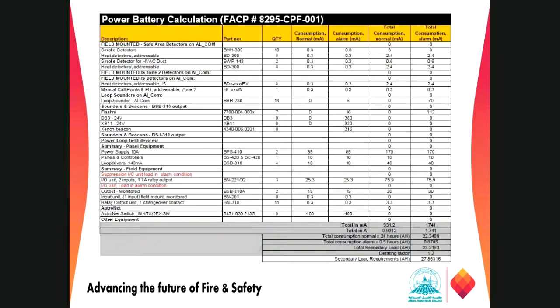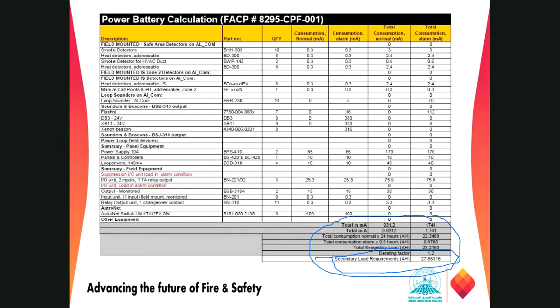Here we have one battery calculation example, right? This is for some project. They have said what the different equipment and devices are, their part numbers, quantities, right? Consumption in amperes, consumption in milliamps, total consumption. This one plus this one is the total consumption, right? And the final one. If you come to the bottom, right, they have finally calculated. At this location, they have come to a final conclusion. What should be the capacity of those batteries?